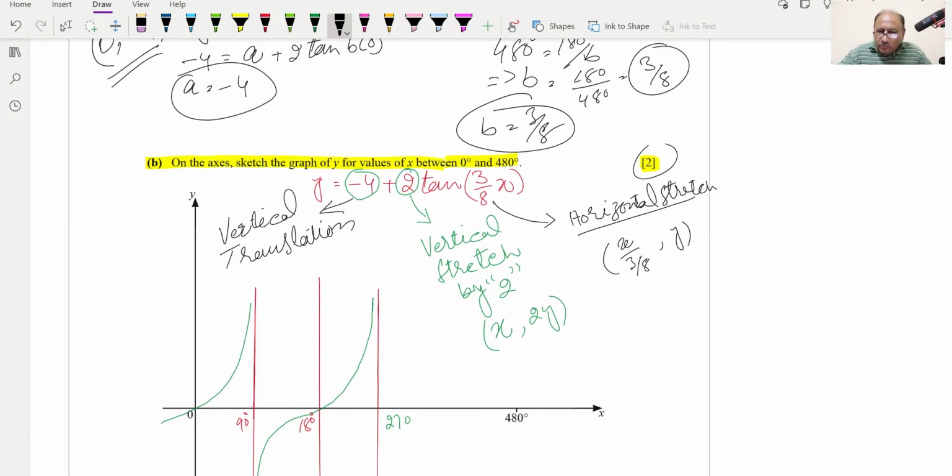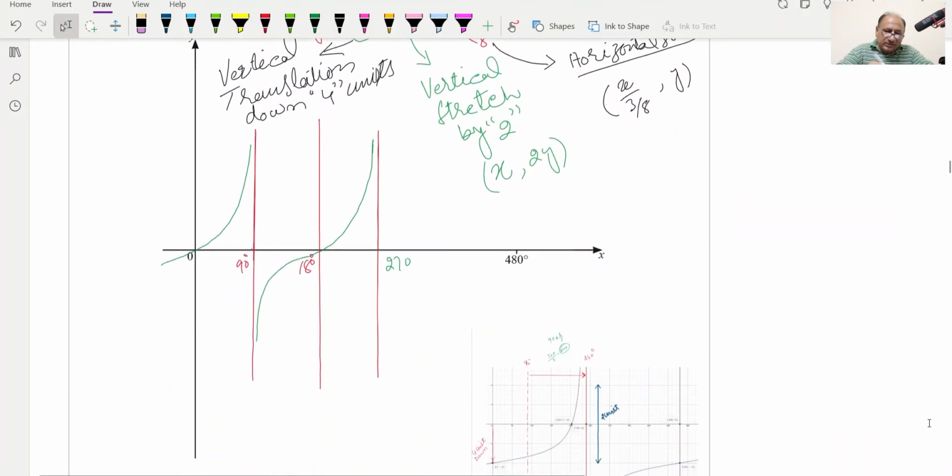It's only a 2 mark question and I'm not focusing on the marks. I'm just explaining the question so that you can go through these types of questions easily in other past paper questions also. So translation, this will be down by, because this is minus, so down by 4 units. So these will be the 3 transformations which we will have to apply on this original